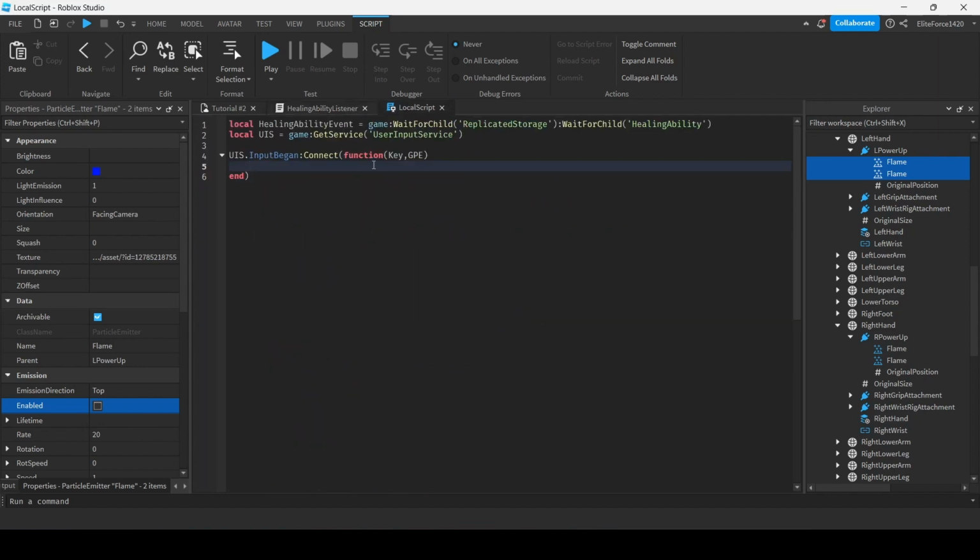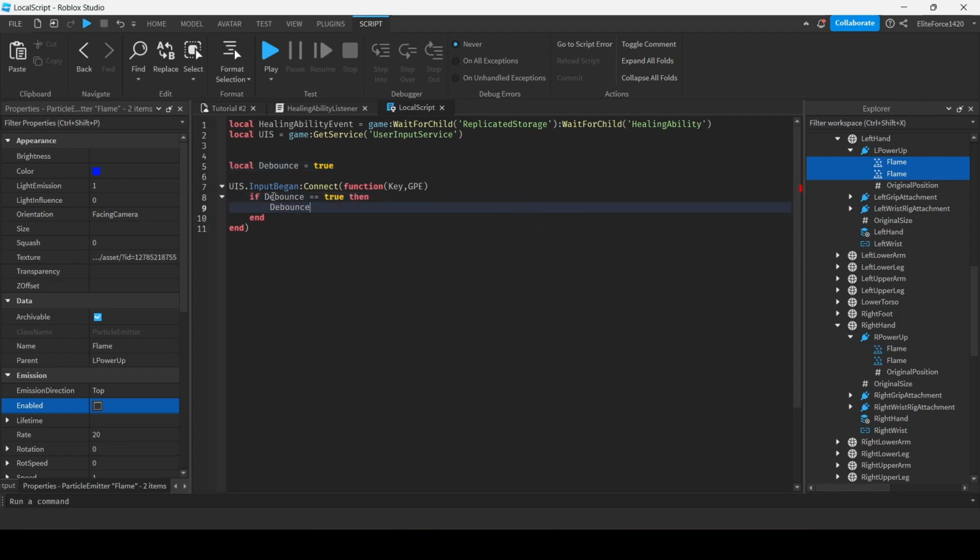And now, right now what I'm gonna do is create a debounce system. Now we could do it over in the server, but it's not complicated, it's just a little bit more time cost. It's gonna take a little bit more time. So I'm just gonna do it as it is right now. So this is basically just a cooldown system, guys. So if it's cool, then we're gonna do,